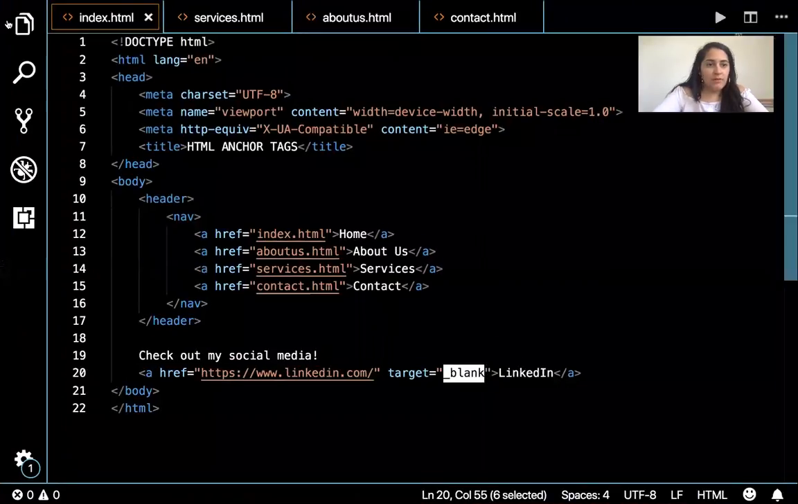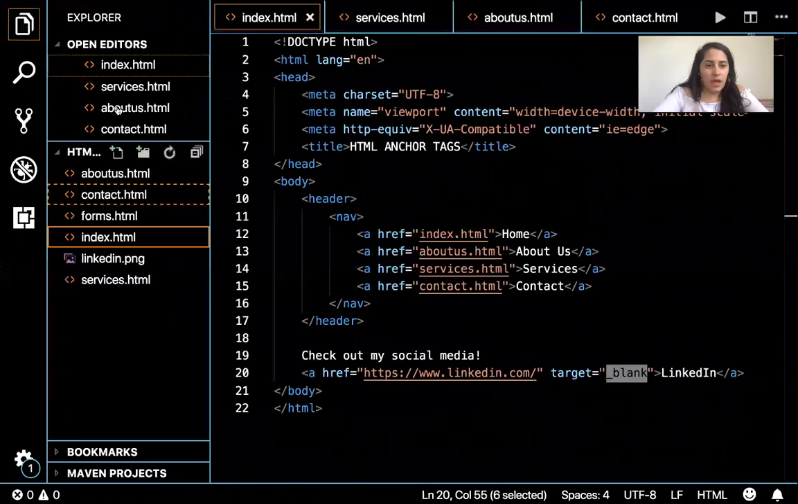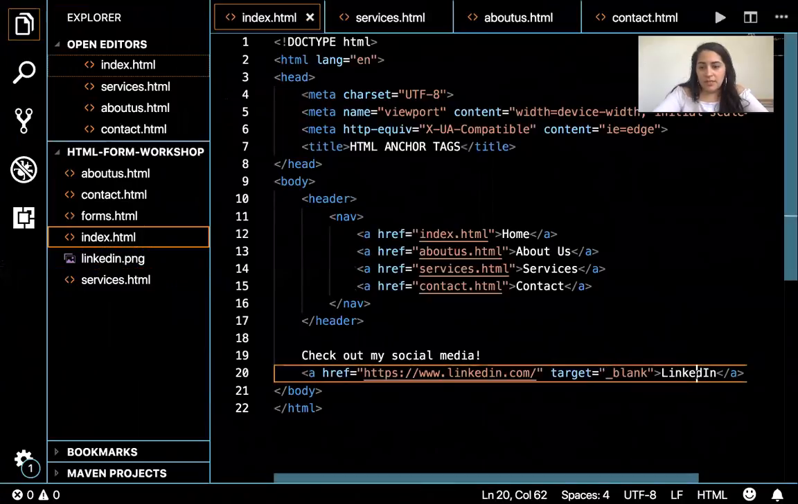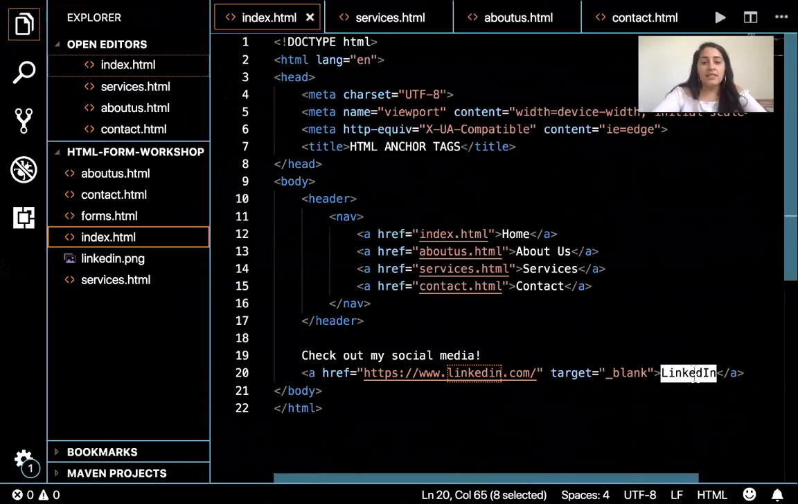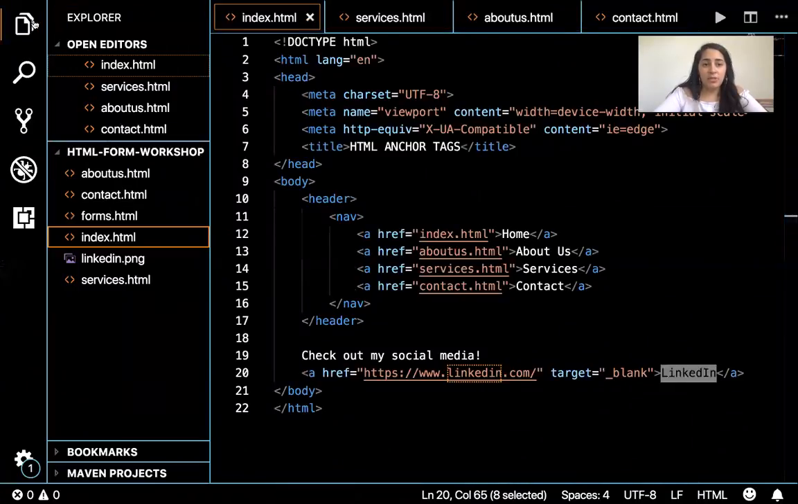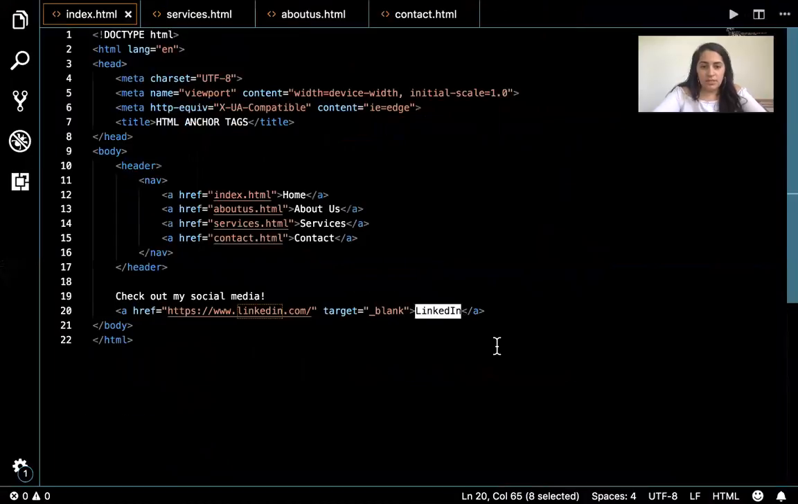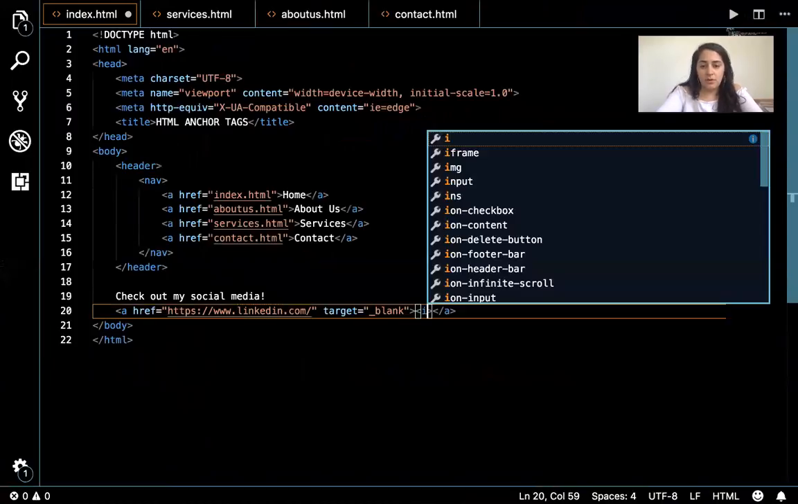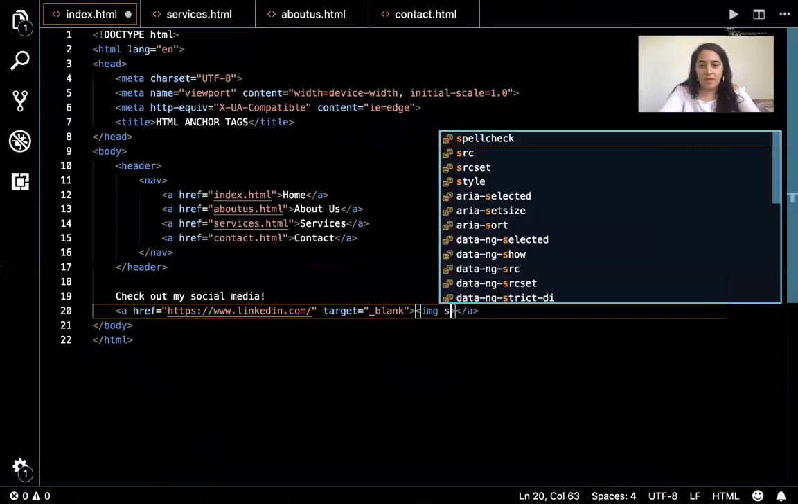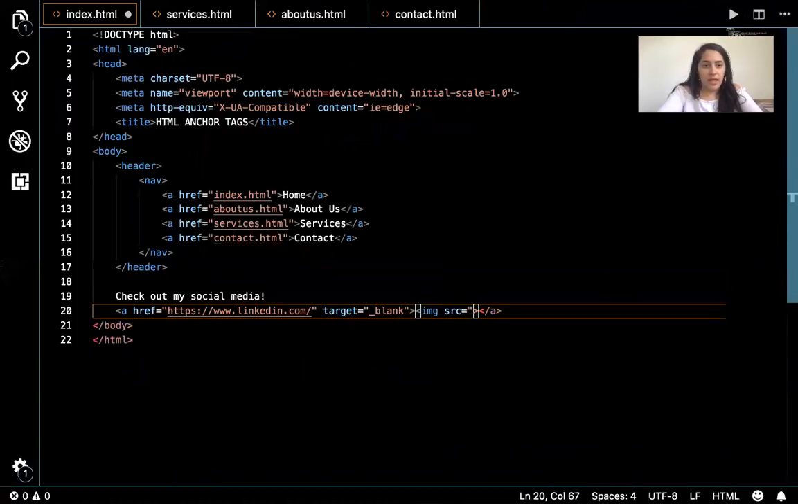Okay, so now if I come back to my code and I look at my folder, I see that the LinkedIn image is here. So now instead of having the text LinkedIn, I can nest an image tag in between here. I am going to make this smaller so you guys can see a little bit better. And then I'm going to replace this LinkedIn text with an image tag. So image source, and I called it LinkedIn.png,